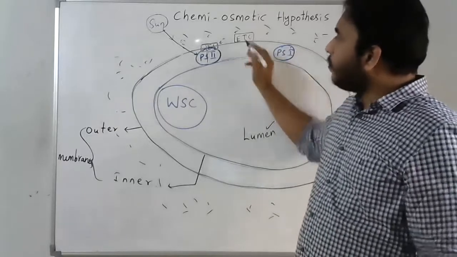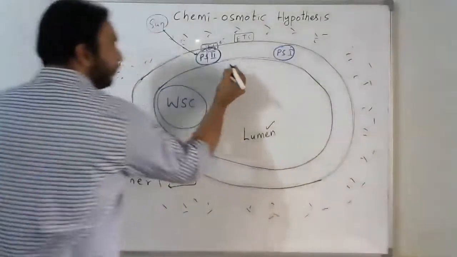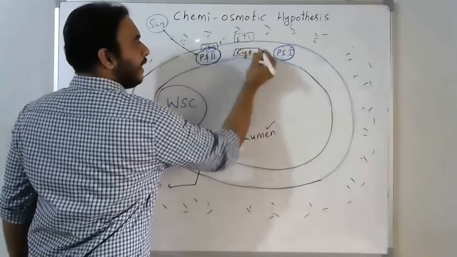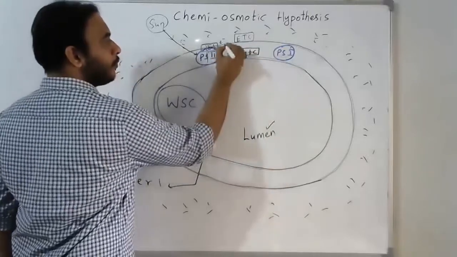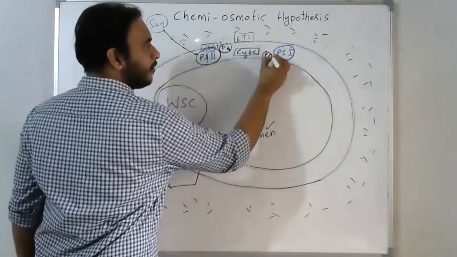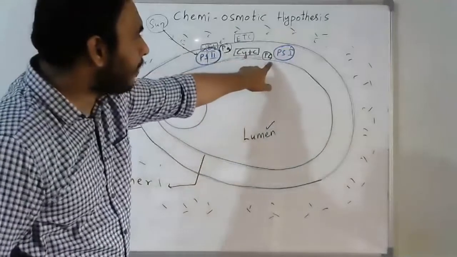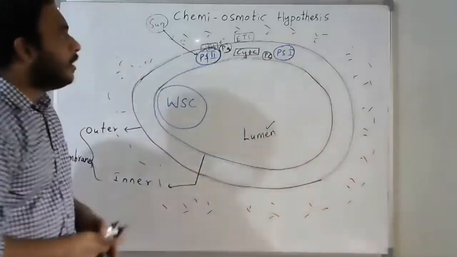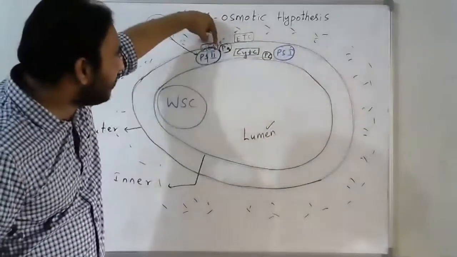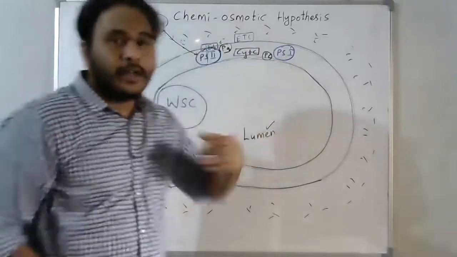And this electron transport chain consists mainly of plastoquinone, cytochrome, and plastocyanin, then PS1. So during the electron transport from this higher energy level to this lower level,